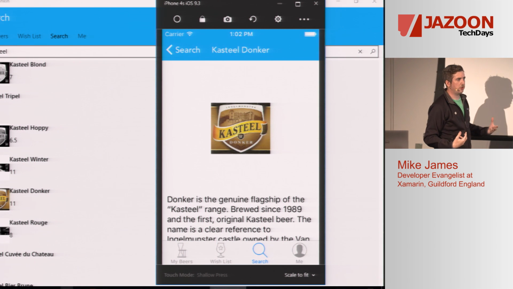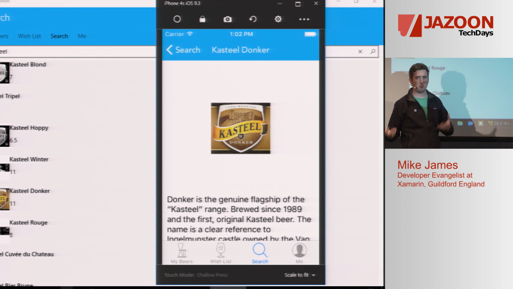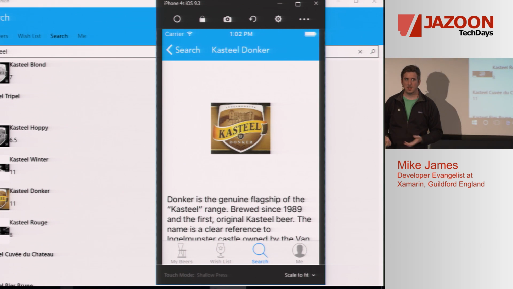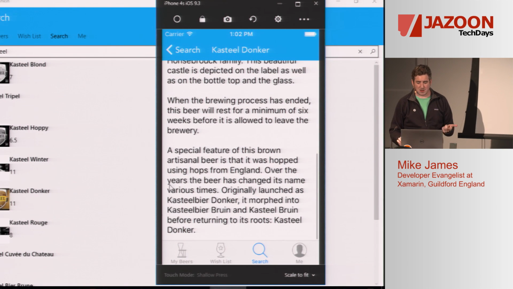Now, I haven't told it to do that. It just does it by default. It goes, oh, this is an external resource. He's doing it from the main thread. That's not very good. Let's deal with that for him. So that's pretty nice. And I also have an Android version.